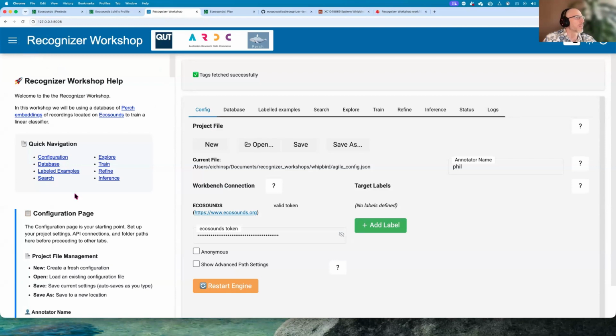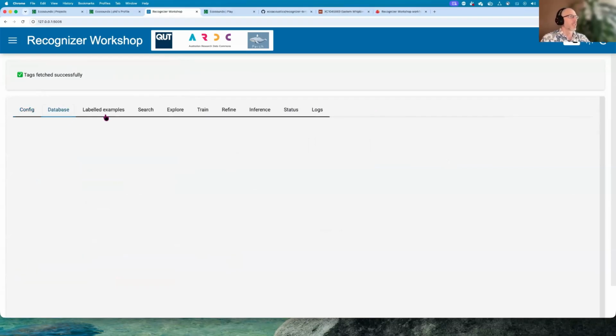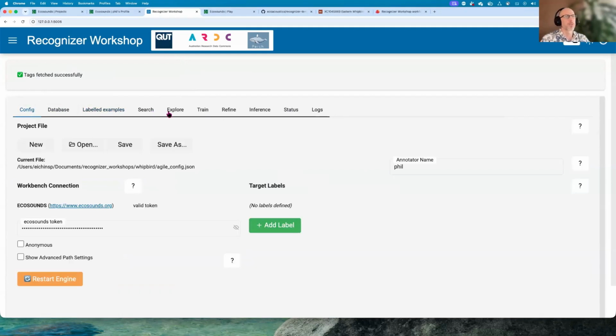So there's a help section over here. I'm going to hide that just to make the screen a little bit easier to read on the video. And there are these different tabs here which roughly correspond to the steps in that workflow. So the first thing to do is a little bit of configuration. We'll need to put in our Ecosounds API token